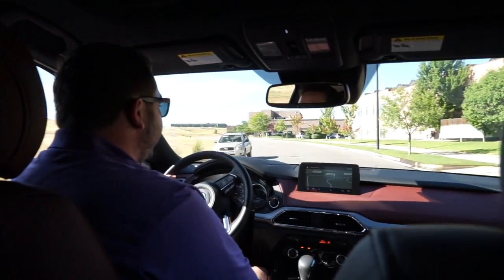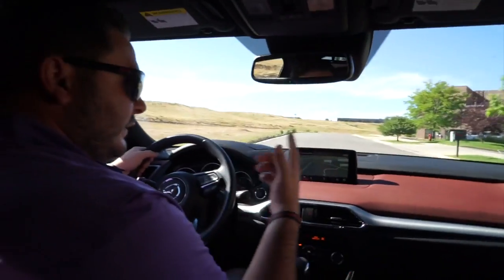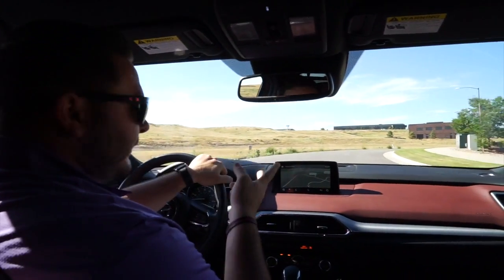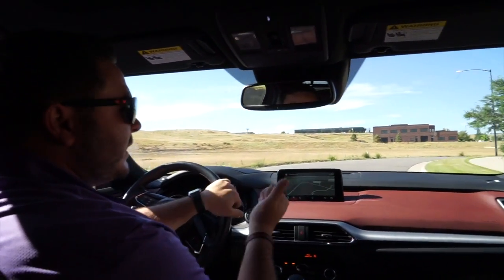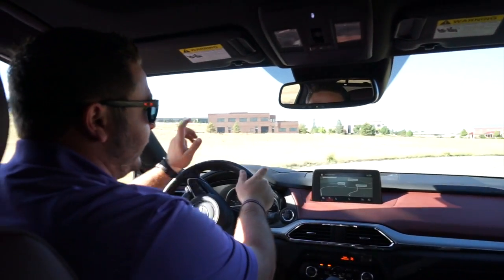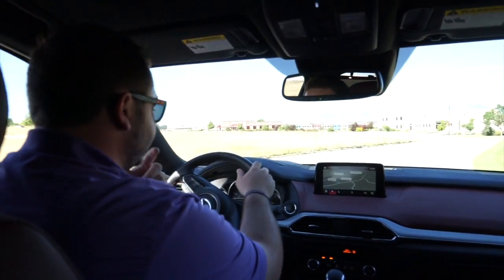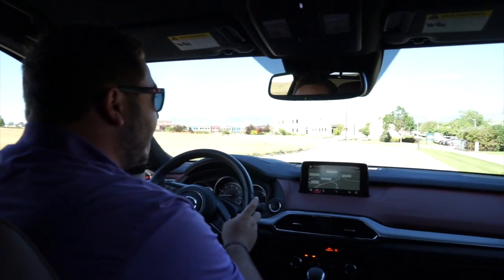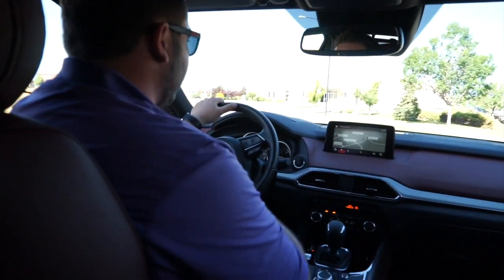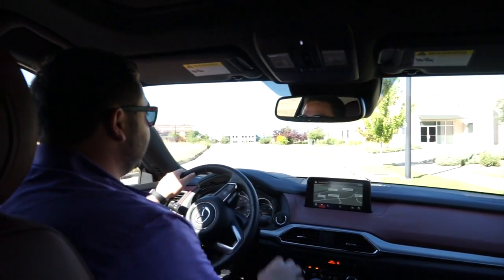We mentioned before the heads-up display. One thing I will say that the heads-up display will show is your speed, obviously. It will show the speed limit. Two other things it will show. It will actually show when someone's in your blind spot. Pops it up on the display, and on the bottom left or the bottom right will actually show if someone's coming into your view, which is a really, really nice feature, and not one that I'm aware of that other manufacturers are doing. So something personally, I think that it's a great feature that Mazda is introducing in this vehicle,